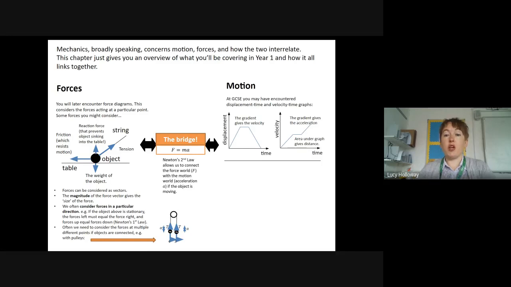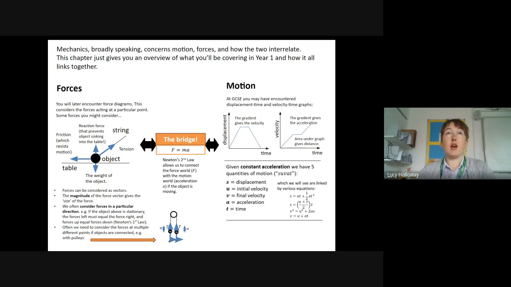Now, those two graphs, displacement-time graphs and velocity-time graphs, this is something you will have covered at GCSE. So initially, it's not a brand new concept, but we'll go through it in a lot more detail during the A-level course and see how we can bring more details into a model to make them more realistic and more accurate. And a lot of mechanics, when we're thinking about motion, we use what we call SUVAT equations,